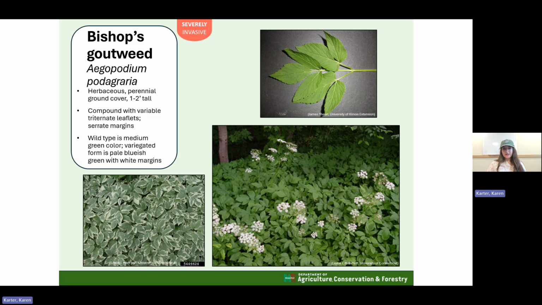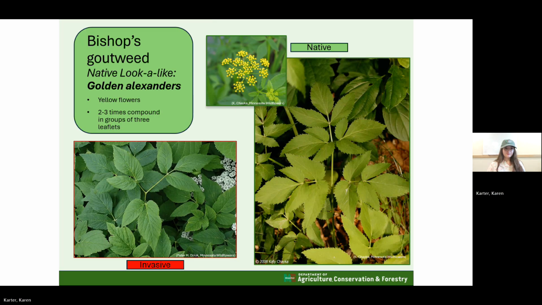They have umbels of tiny white flowers on 2 to 3 foot stalks, which require at least partial sun to flower. Goutweed's look-alike is golden Alexander's, which has yellow flowers instead of white. But when they aren't flowering, you can also tell them apart because they have 2 to 3 times the compound leaves that the invasive goutweed has in groups of 3 to 5